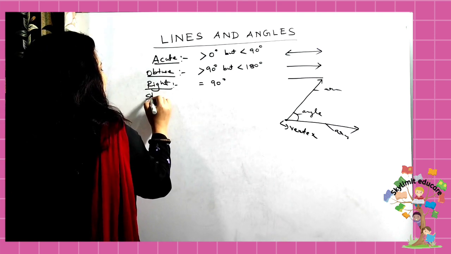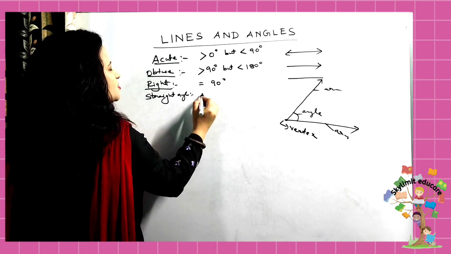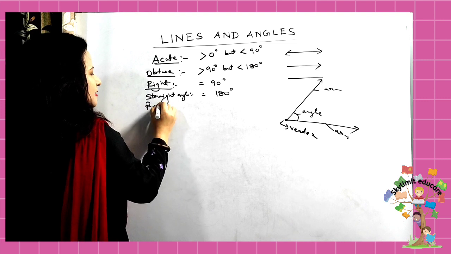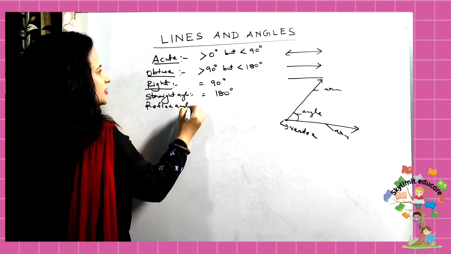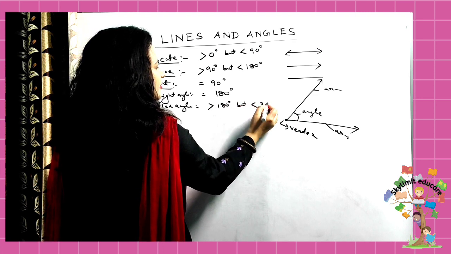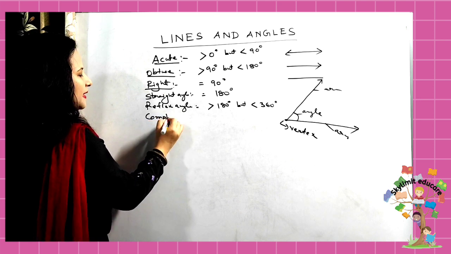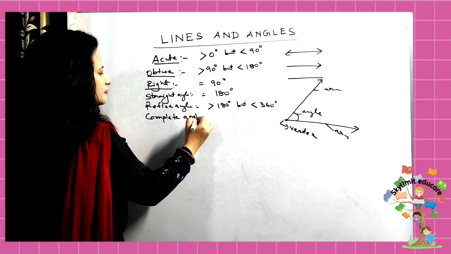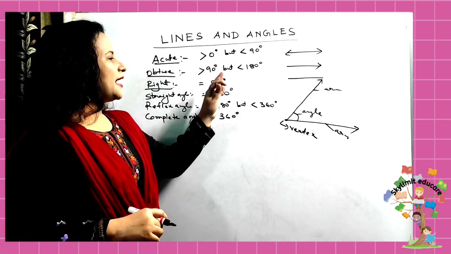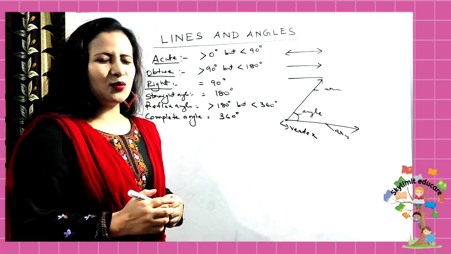Then you have straight angle. What is straight angle? Which measures exactly what? 180 degree. What is reflex angle? You are knowing. Yes, greater than 180 degree but less than 360 degree. So about all these angles you are knowing. Complete angle, you know what is a complete angle? 360 degree. Yes or no? So this idea should be clear before you start solving the numbers in this exercise, right, students? So I am giving a quick recap for you all.